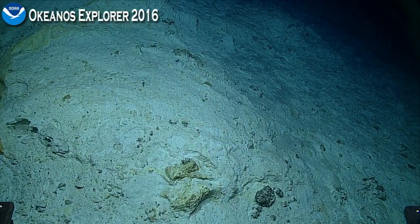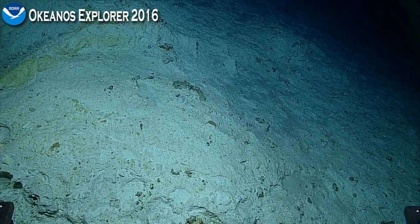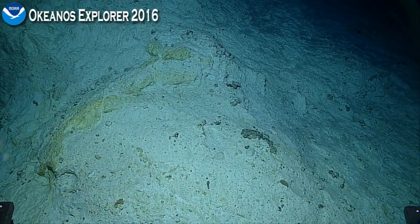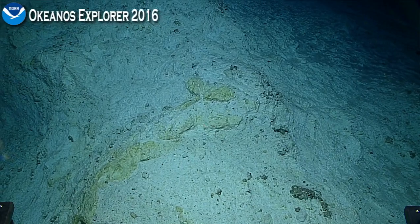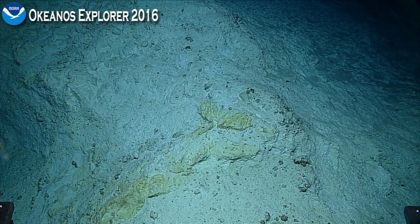Delta is 18. We do see manganese coating on some of these black rocks that obviously have fallen down from up the top of this scarp. There's no place else they could come from. And yet, what we are looking at throughout almost all of this dive has been simply exposure of pale white carbonate material, some of it slightly yellow,